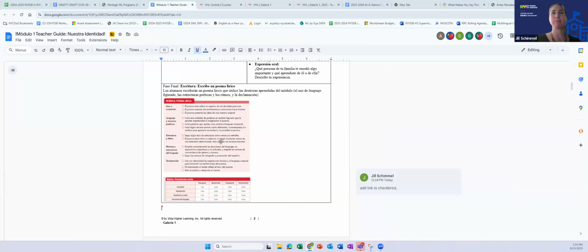Okay, so it's a mix of, you download it as a Word document and then make it into a check. We literally just screenshotted it from the screen and then copied and pasted into a Word doc because there was no other way to do it. These are not available as Word docs. The rubric was. Just let me sign in. Yeah, these are from the textbook. What the kids see in the textbook is not downloadable on Galería.